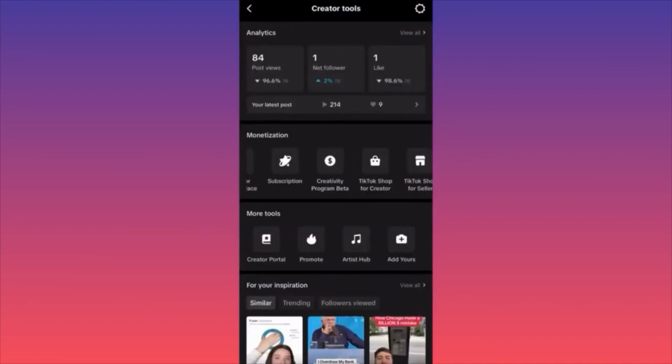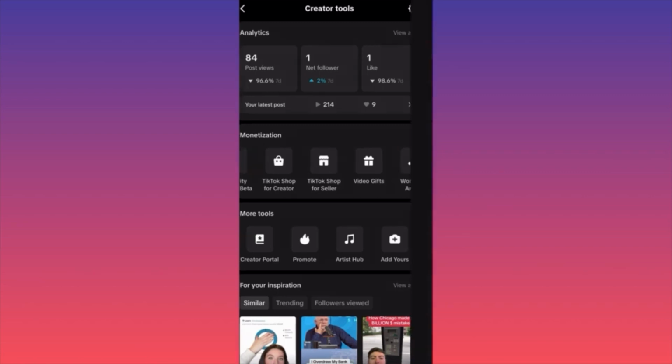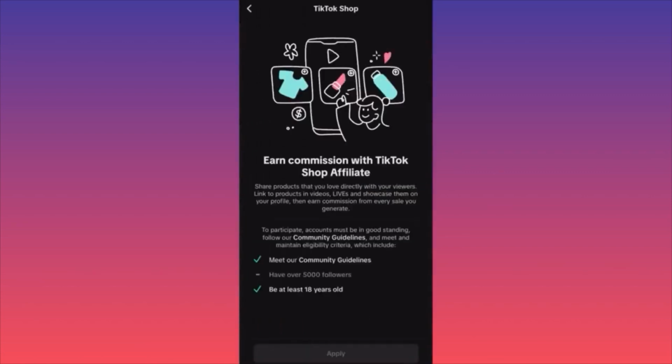There is a special menu over here, it's called Monetization, and I want you to scroll through the section that is called TikTok Shop. There are two different shops, one is for creator and the other one is for seller. Essentially, the first one over here is if you want to make money as an affiliate. In this particular example over here, you can earn a commission with TikTok Shop affiliate. You can simply link up products from other people's